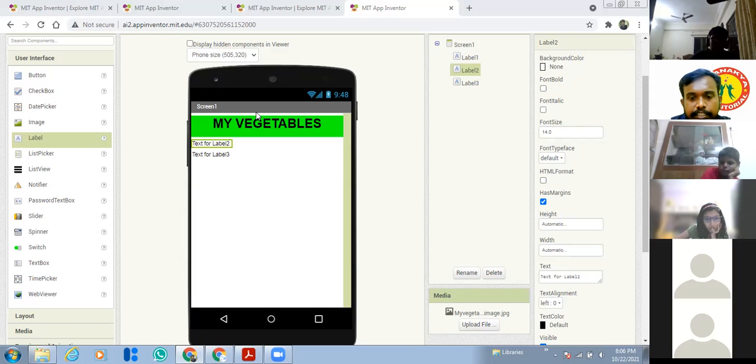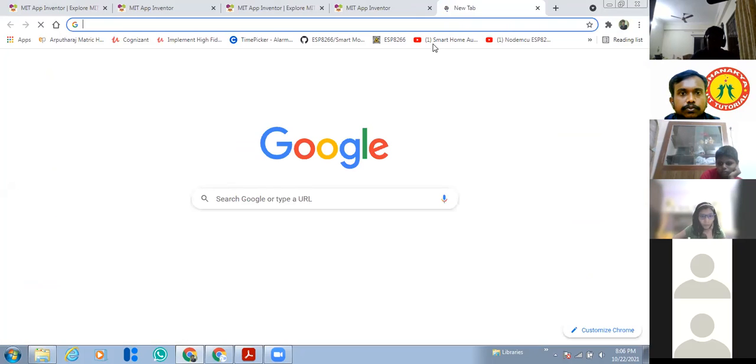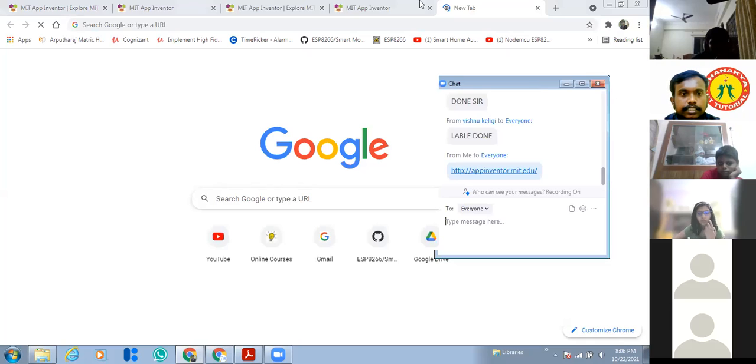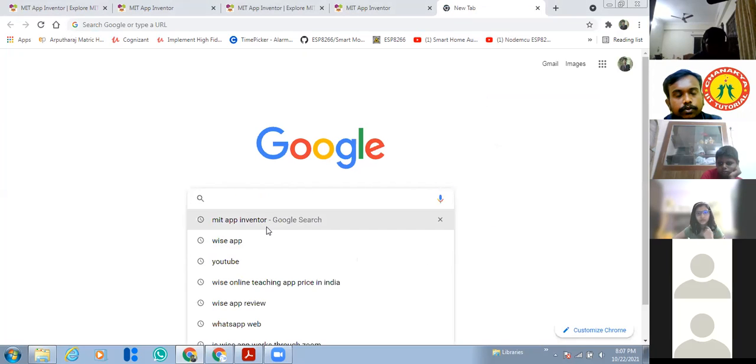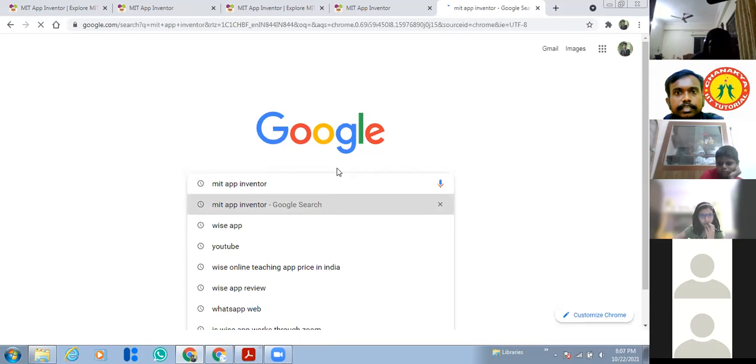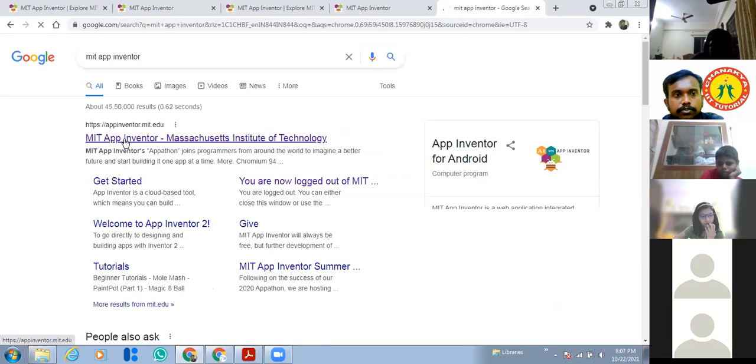Okay, I sent one link in the chat box. Open that link, then it will show you the create apps button. Just click that create apps button. Nothing but go to Google and search for MIT App Inventor, and then go to the first website.